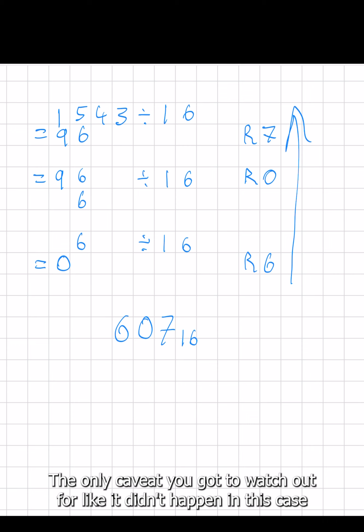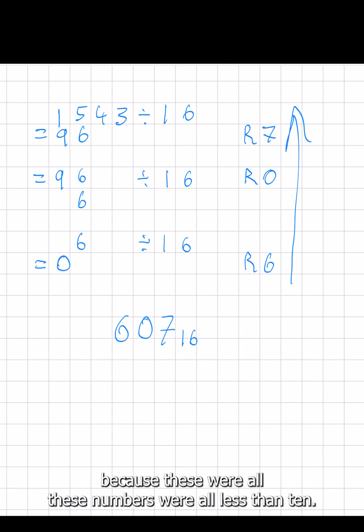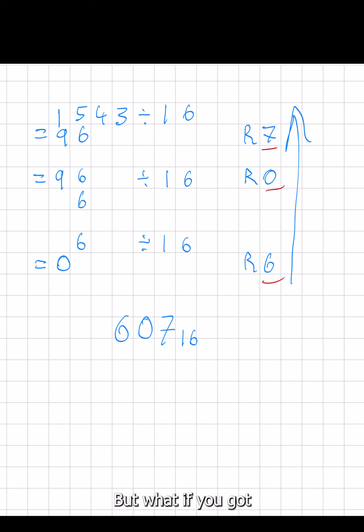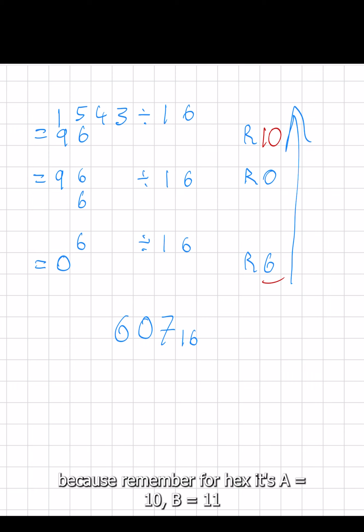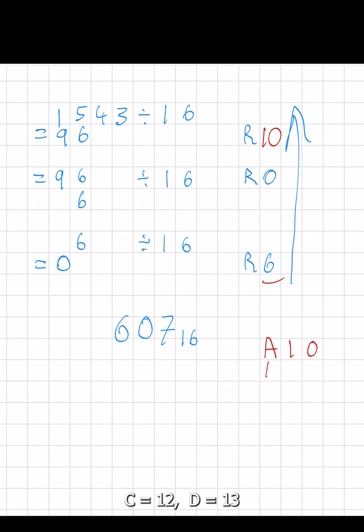The only caveat you've got to watch out for, like it didn't happen in this case because these numbers were all less than 10, right? But what if you got remainder, I don't know, like 10 here? You would have to change that to A. If you got remainder 11, it would be B. Because remember, for hex, it's A is 10, B 11, C 12, D 13, E 14, and F is 15,